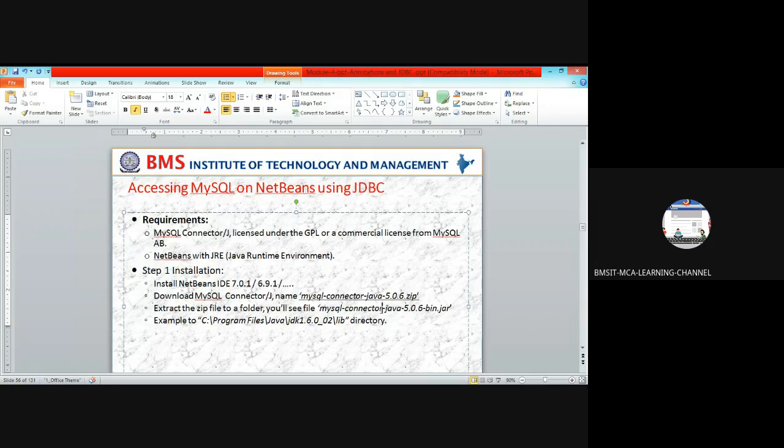Better you keep this file there. Whenever NetBeans references this JDK library, it is accessible to that application. You can place the .jar file there, or in the library of your application.